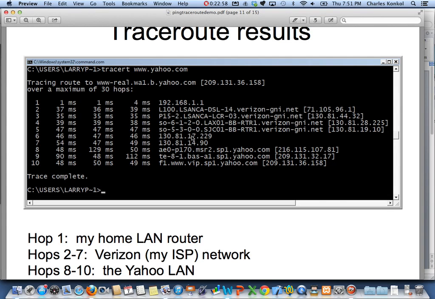But all this is doing is, again, you have 30 hops. This is you giving the tracer command to go to Yahoo. It goes from you to this one, to this one, to this one, to this one, to this one, to this one, to this one, to finally the Yahoo server that you wanted to get to. So that's exactly what it took to get to yahoo.com. And that's important because of congestion as well. You can determine from a tracer route